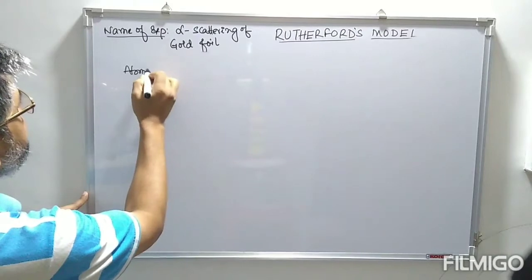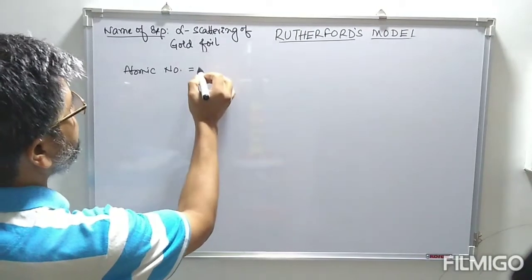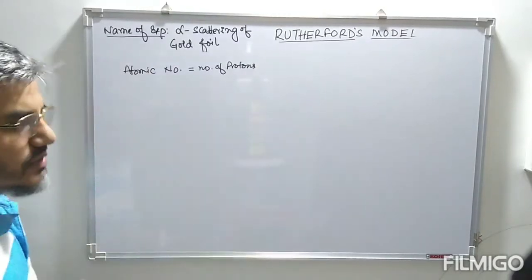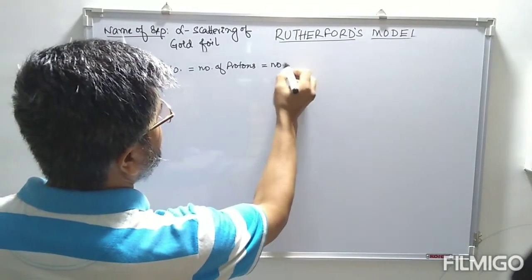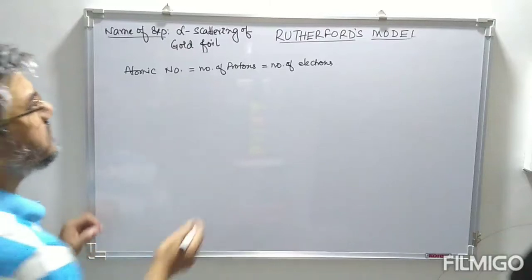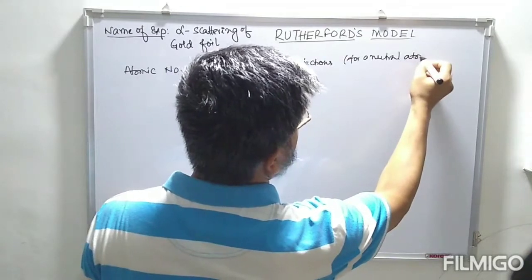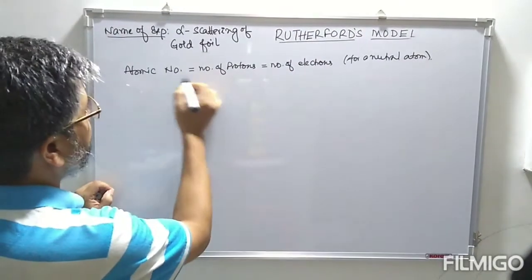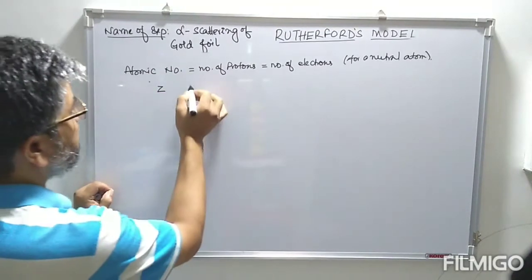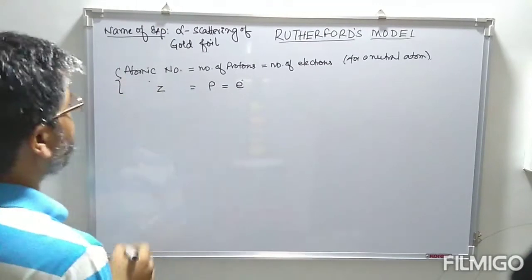atomic number. So the atomic number of a neutral atom is equal to the number of protons present inside the nucleus, which is equal to the number of electrons for a neutral atom. So therefore, the atomic number is denoted by Z. So Z is equal to the number of protons, which is equal to the number of electrons,